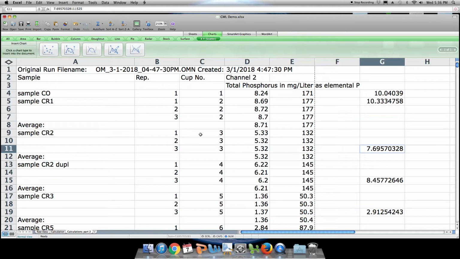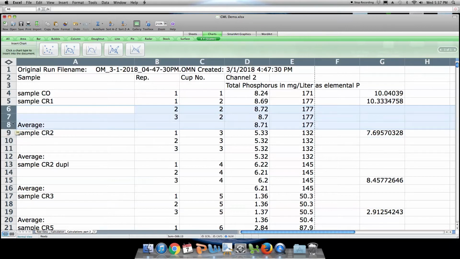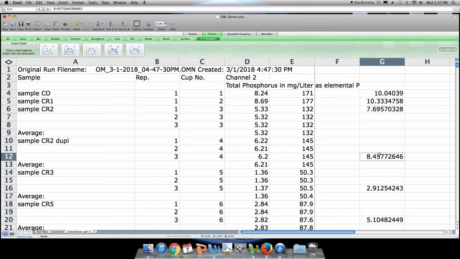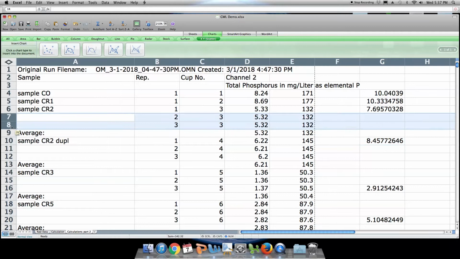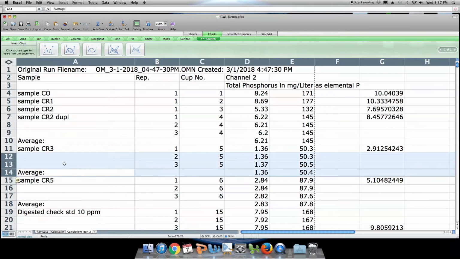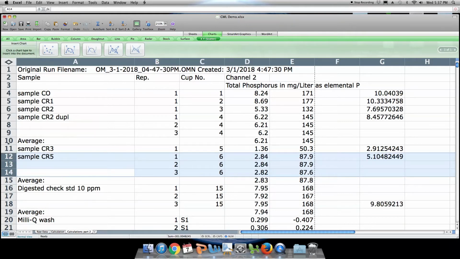every line or every row that does not have a sample or a concentration in it. And you'll notice that I have to move some of these up. I'm using a slightly older version of Excel, and this is Excel for the Mac. So there are going to be a few things that are a little different than what you're going to see when you run this on a PC with an up-to-date version of Excel. So let's just format these things. Just move them up so that when we delete these rows, we're just going to have